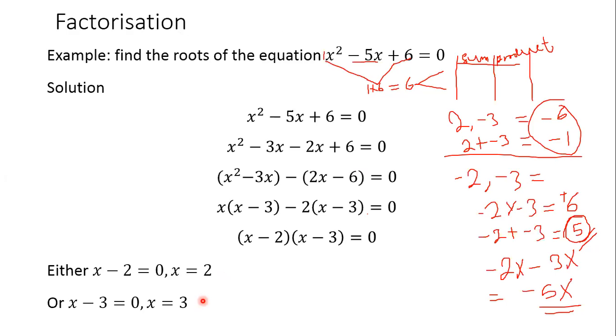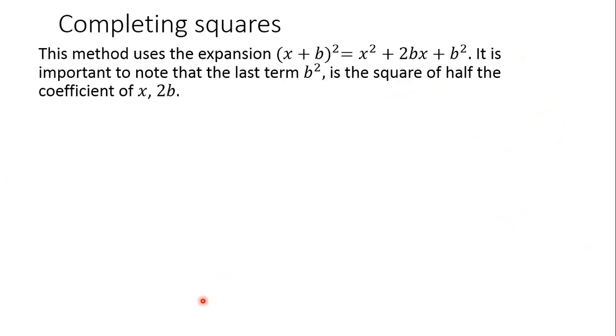So I will give you numbers to do on factorization. Now let us go to completing squares. So this method uses the expansion x plus b squared is equal to x squared plus 2bx plus b squared. So when you expand this using elementary expansion,